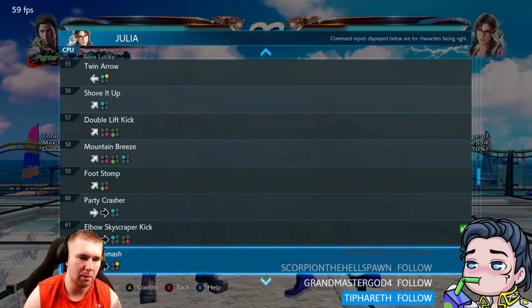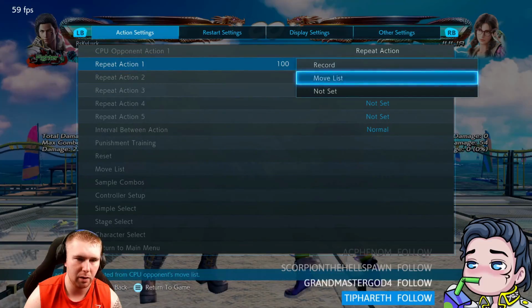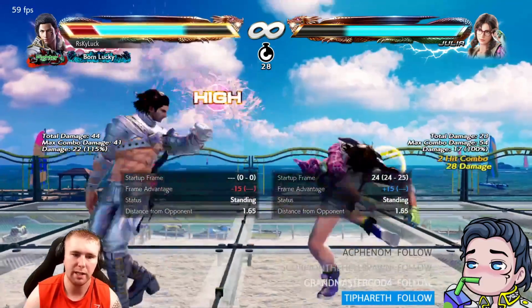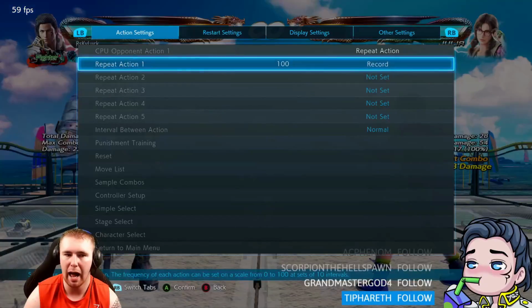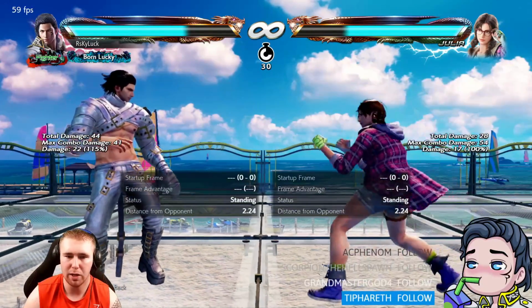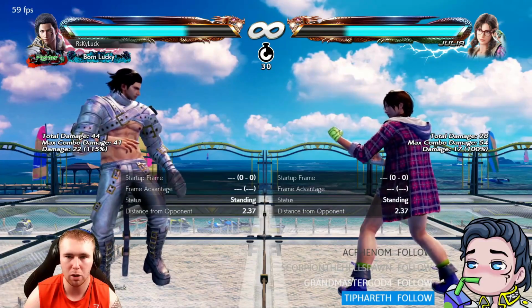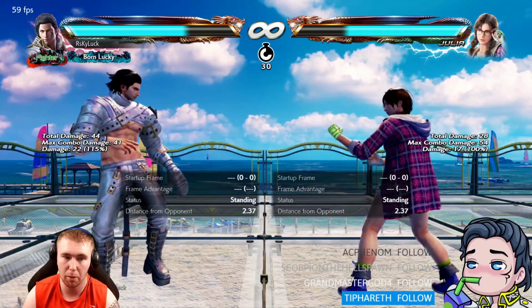Now, this is one of the setups that I want to show you that require 2 different moves. So once this hits, you are at -15. You are hella minus, so you can't really do anything here. There are 2 common things that Julia players do. One of them is used at the wall more than in the open. And that's